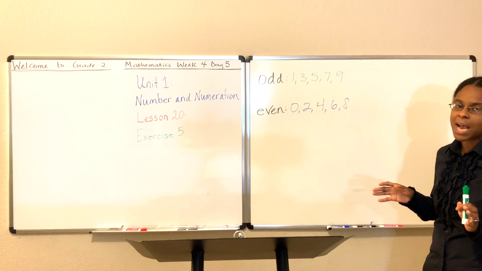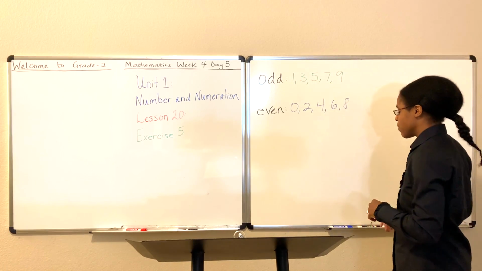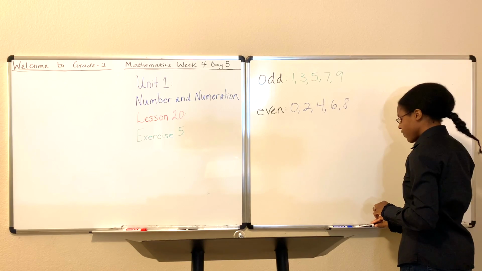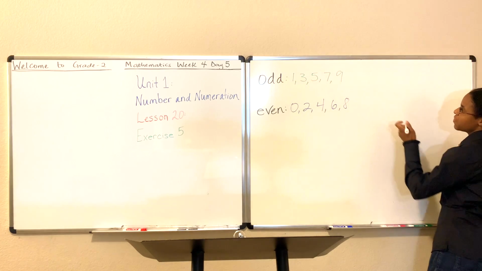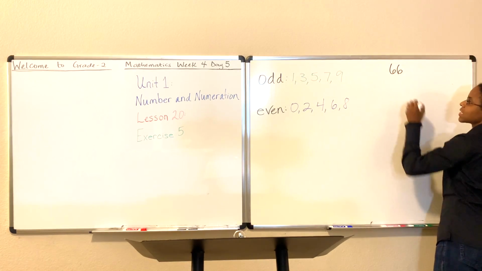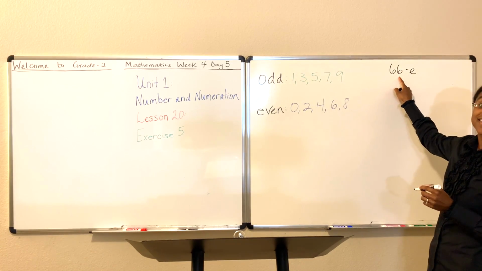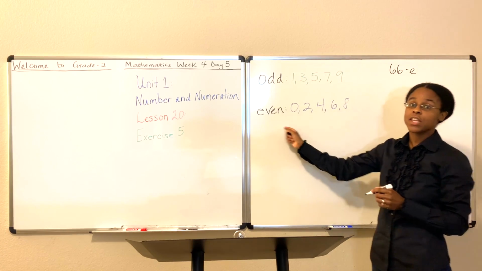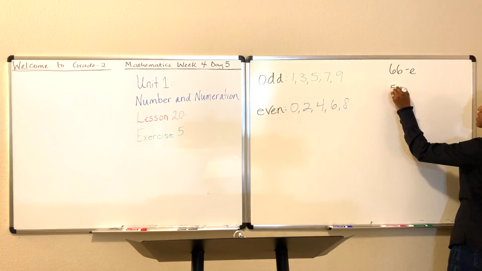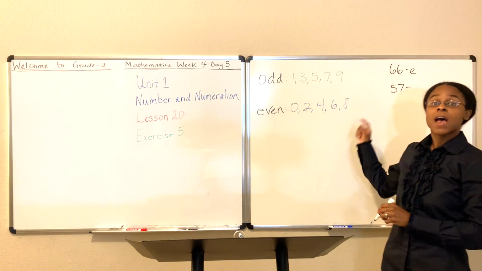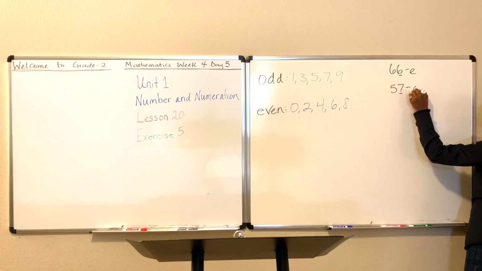Okay, so I'm going to give you some examples and determine if you can decide if it's an odd number or an even number, okay? Okay, here we go. What if I were to say, let's use a block. What if I were to give you the number 66? Is that odd or even? That is even. How do you know? Because the 6, right? The 6 is an even number, so this number ends in a 6, so it's even. What if I were to give you the number 57? Is that odd or even? Odd, because 7 is an odd number. We're only looking at the final digit, so that's an odd number.